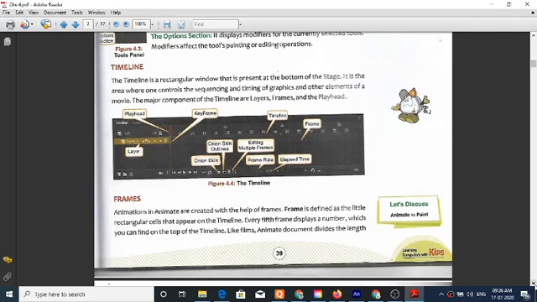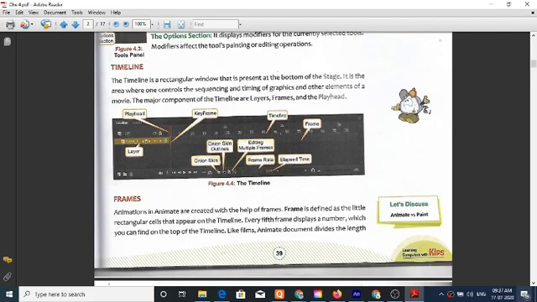Now we discuss frames. Frame is a unit of keyframes. Animation is created with the help of frames. A frame is defined as a little rectangular cell that appears on the timeline.